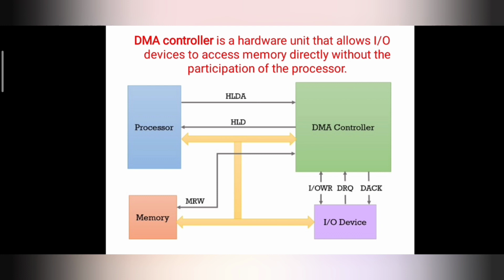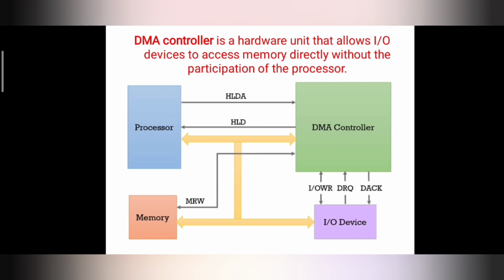All right. Now, the DMA controller is going to accept this DRQ request, and now it is going to ask the CPU to hold for just a few clock cycles by sending it the hold request, that is HLD. So this HLD request will be sent by the DMA controller to the CPU. Later, the CPU, on receiving this HLD request from the DMA controller, will give up the bus and send the hold acknowledgement to the DMA controller, which is denoted by HLDA. So this hold acknowledgement will be sent by the processor to the DMA controller.